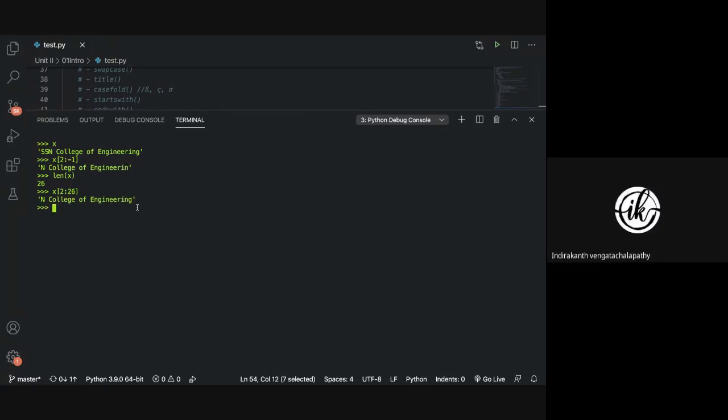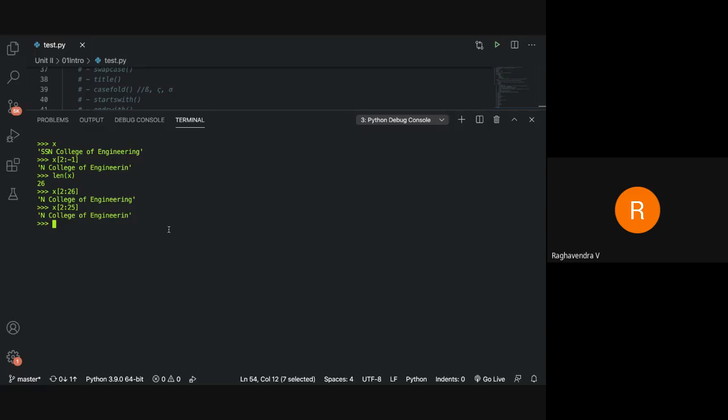Yeah. Okay, sir. Right. It prints the same. Yes, sir. Okay, sir. So the only change is we are indexing from the reverse way. Yeah, you're indexing it from the reverse way when you specify it in negative.